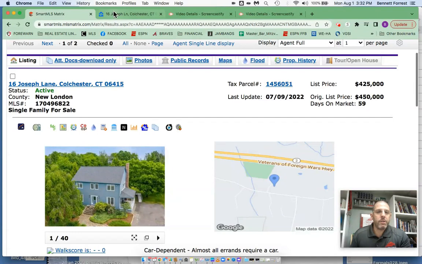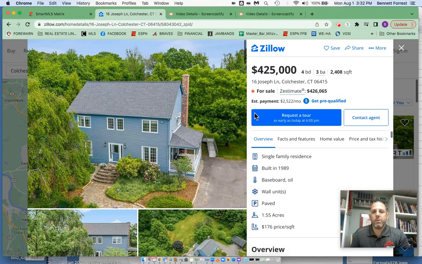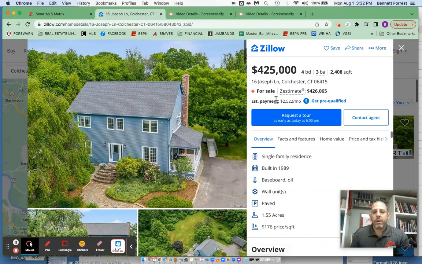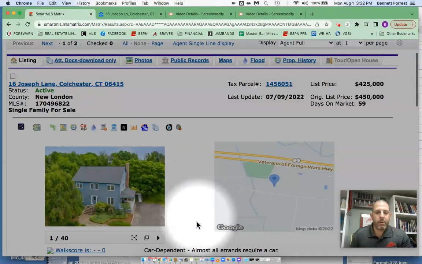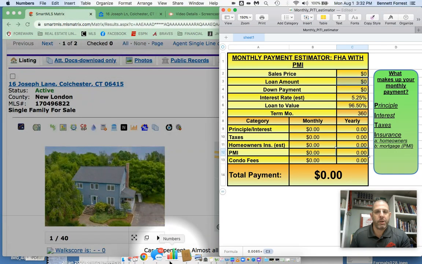So how do you calculate your monthly payment? Well, if you go to Zillow, a lot of times people start off on Zillow, and it'll say your monthly payment is 2522, or it'll have a number there. And the question, of course, is always, how do you figure that out? Where do they get that number? We do that very simply by pulling up a very simple spreadsheet, and we look at how to calculate